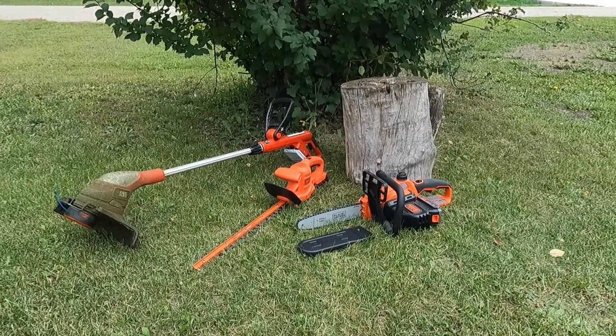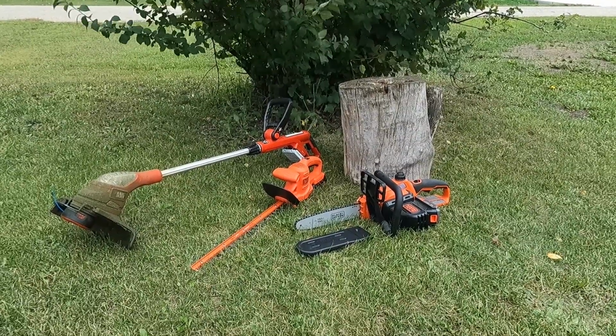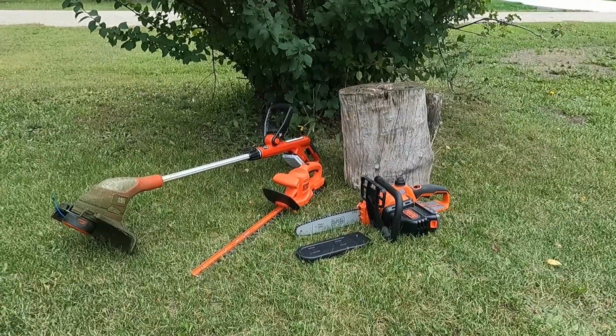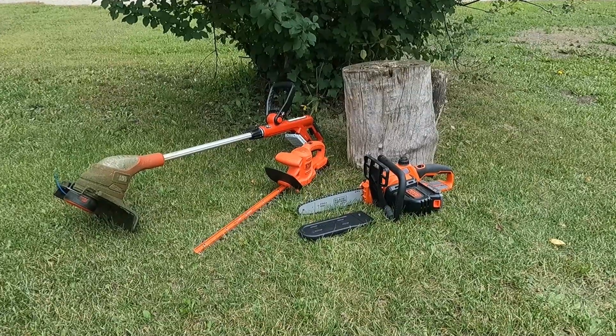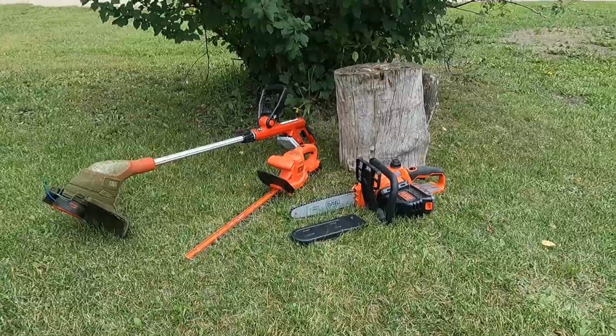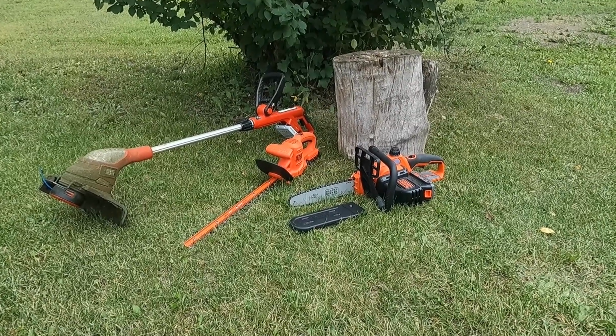So I know it's not going to be the high performance, it's not going to be what some people like, but for in town or a small property, it's enough to get me by. I have no complaints. Beats the heck out of doing everything by hand, like with the hedge trimmers and using hand saws. It's way better. So for the money, if you don't want to invest a ton, I wouldn't shy away from Black & Decker. It's surprisingly